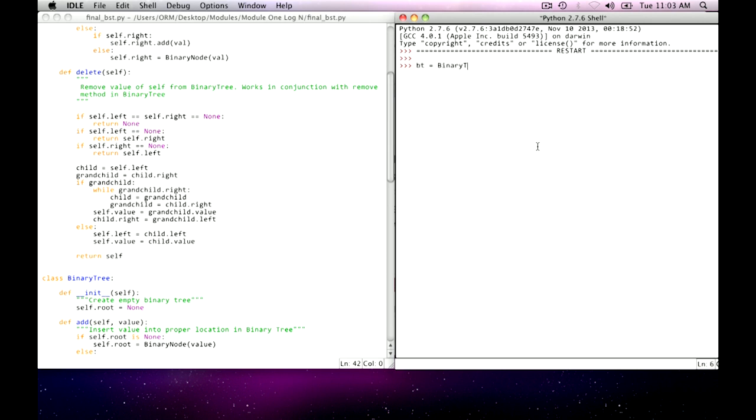If I have a binary tree and I add 5 and my 1 and 10, and I know that these values are contained in the binary tree, let me remove the value 5. So now my binary tree no longer contains the value 5. Now 5 had been the root because it had the top one and 1 was the left child and 10 was the right child. And yet this binary tree still contains the values 1 and 10. And this capability is now demonstrated on just 3 nodes, but because it's recursive, I know it will work